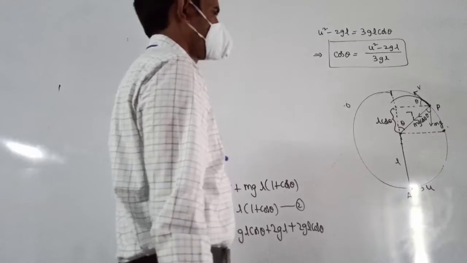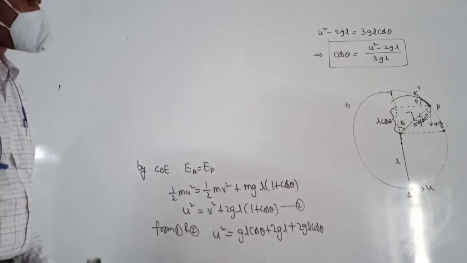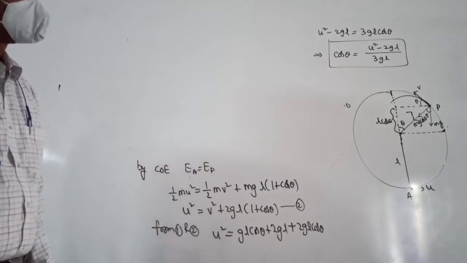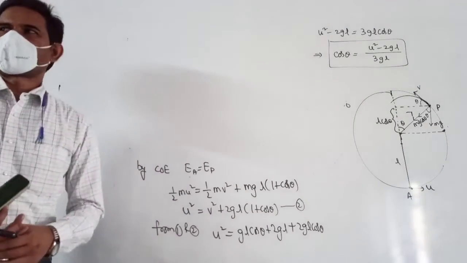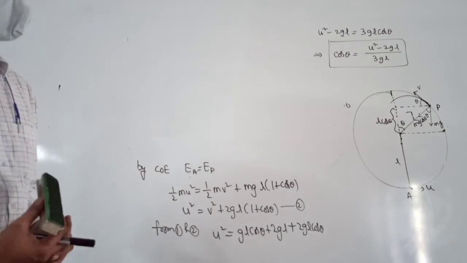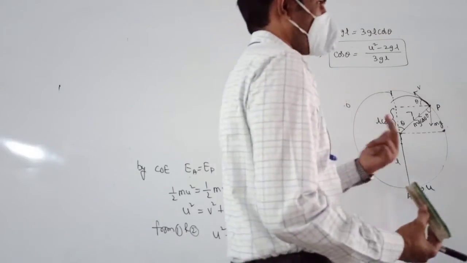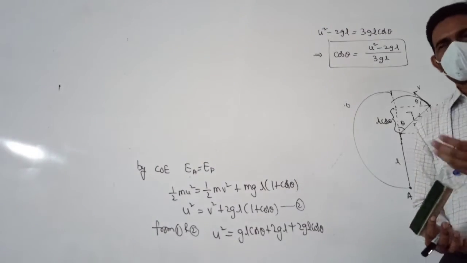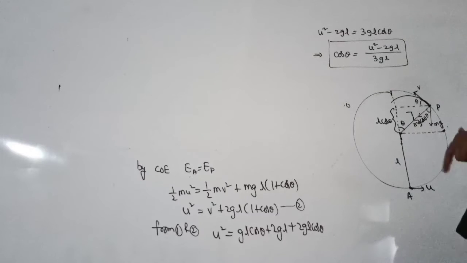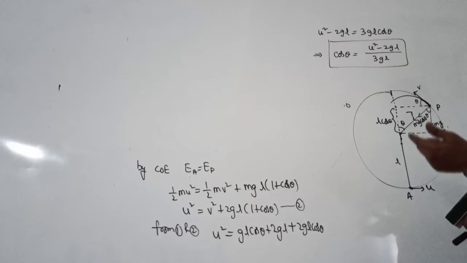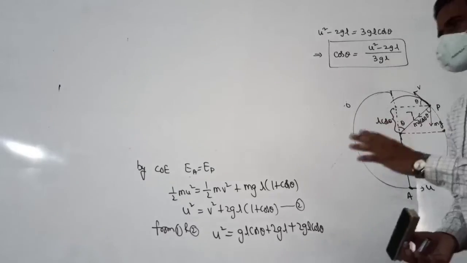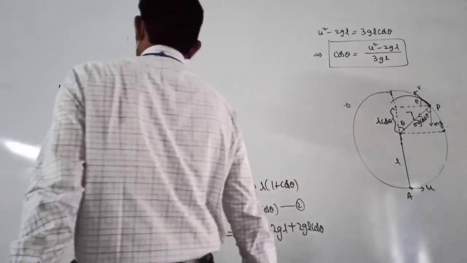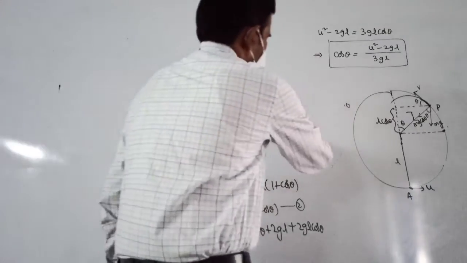Those are the cases when velocity is less than root 5gl. In that, when velocity is less than root 2gl, we say it oscillates just like a pendulum. It doesn't cross even the horizontal position. When it is more than root 2gl and less than root 5gl, then you will get this case. This case will be important and there will be a lot of problems based on it, in addition to the critical velocity case. So just write a problem based on this.